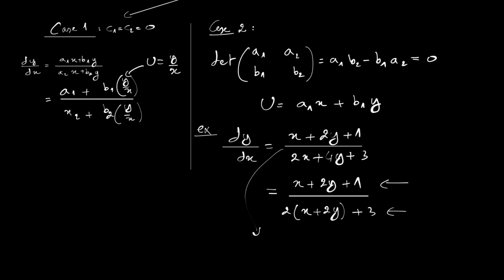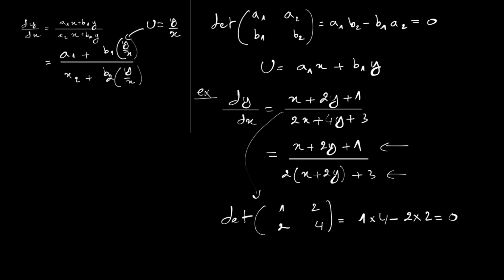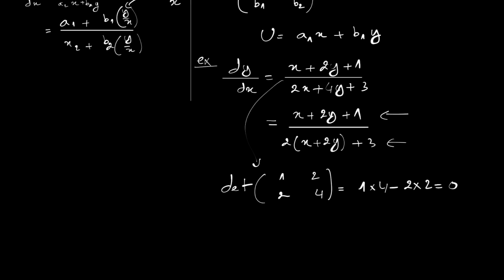If we calculate the determinant of the matrix 1, 2, 2, 4, which is 1 times 4 minus 2 times 2, which is 0, you can conclude that the lines are parallel. So now we are going to use the substitution u equals x plus 2y,